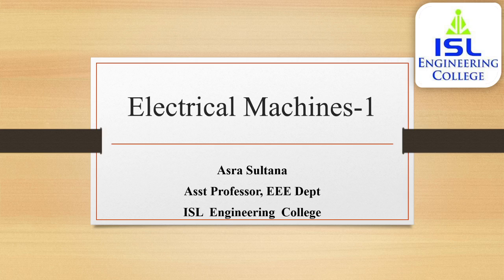There will be two fluxes inside the machine. One is the main flux which is produced by the main poles, and the other is the armature flux which is produced by the armature winding. The armature flux will distort and weaken the main flux, and this distortion and field weakening will take place in both generators and motors. So the action of armature flux on the main flux is called armature reaction.